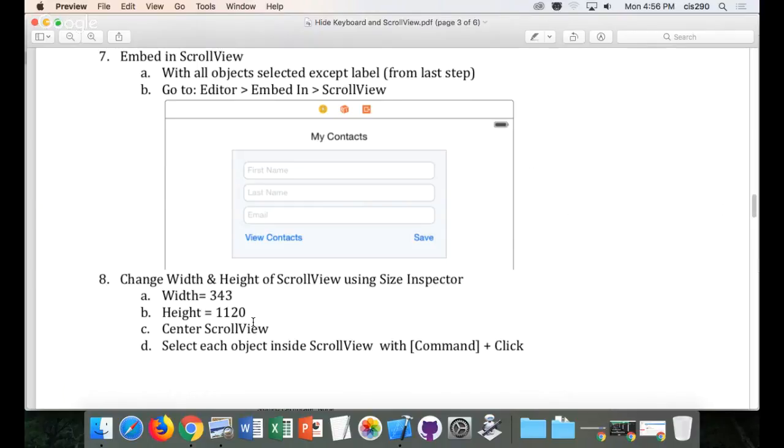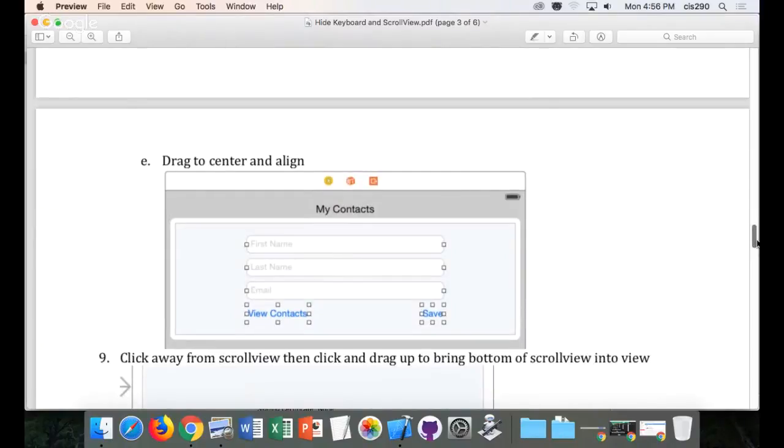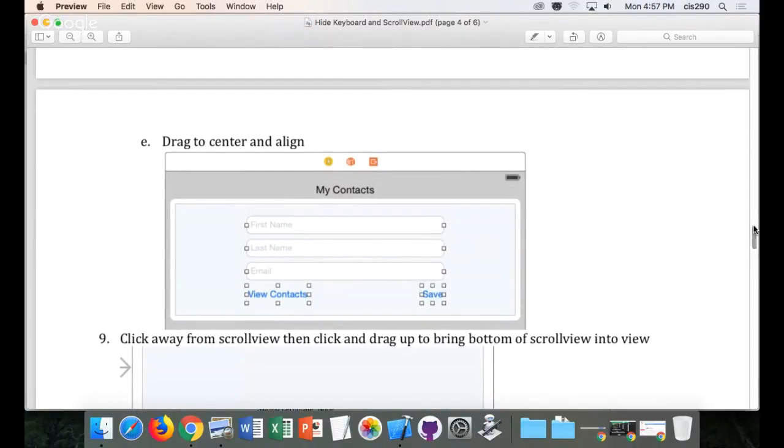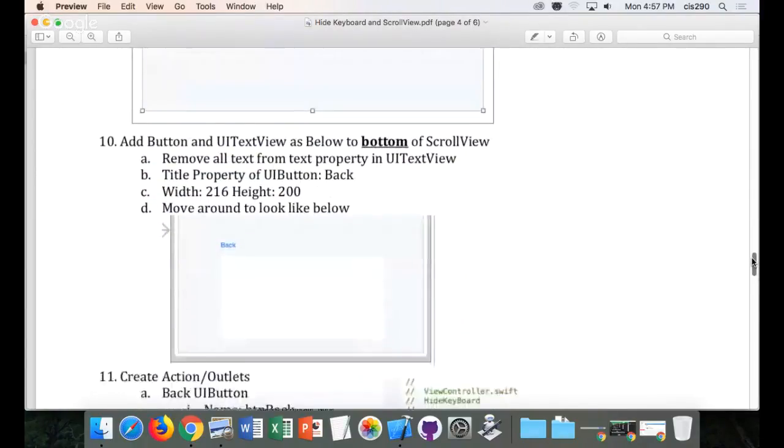Again, you can do a command click on the, you can't do a click drag, by the way. Once it's in a scroll view, it's a little weirder to manipulate. You can still do it though by just doing a command click on these 5 objects, basically. That's what you have to do next. On E is center those objects inside the view, and then go to the very bottom on number 10 of